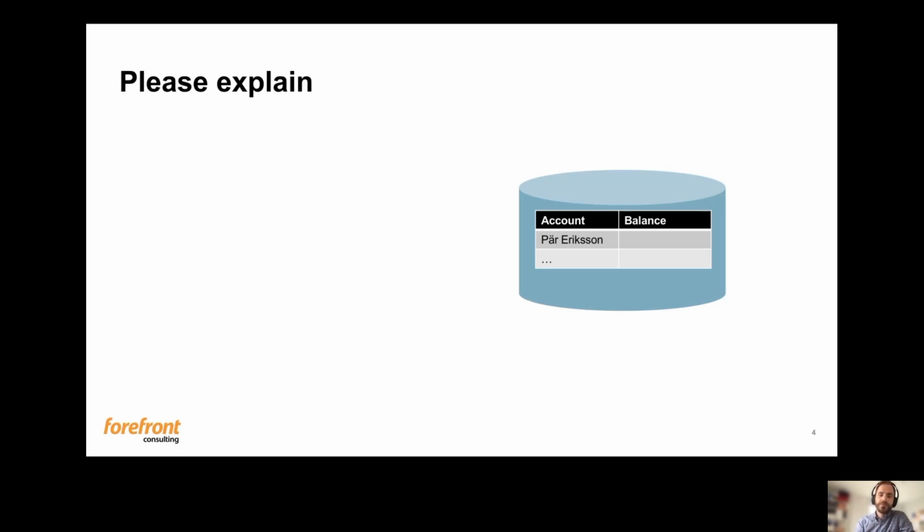We use a database table. So we have a database table with the accounts. And what happens then? Well, we have a new account. I create an account in this system. Then, of course, we create this row with balance 0. And what then happens is that I make deposits. So I deposit 100 euro, and we update the balance to 100. I deposit 200 euro, and we update the balance to 300. And then perhaps I make a withdrawal of 160 euro, and we just update the balance to 140. We always represent the current state of this balance in this account.